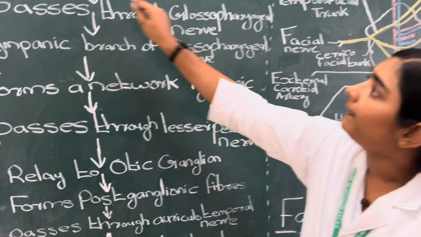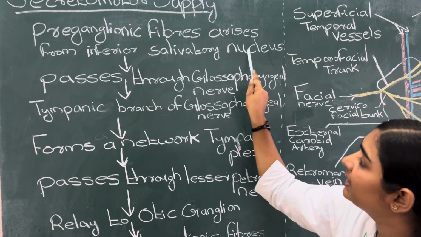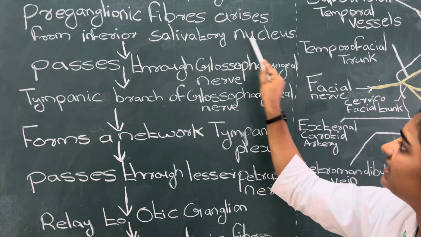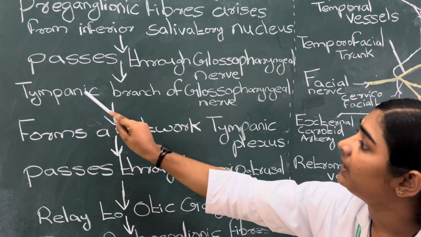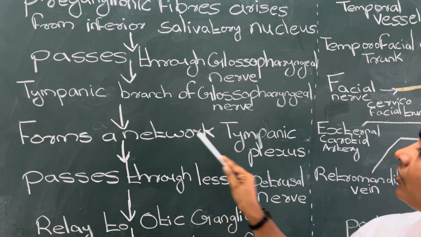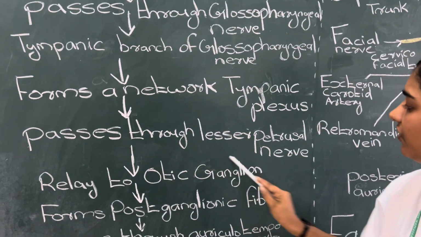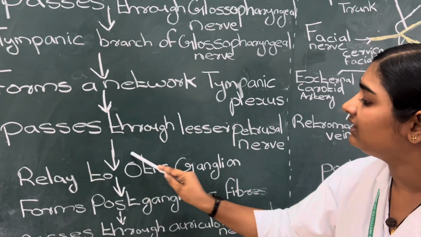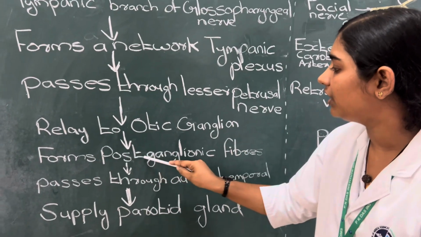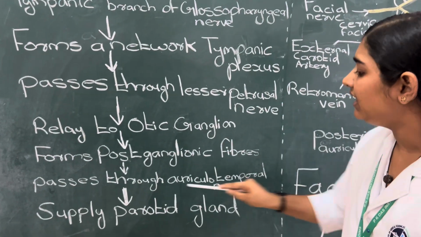Again repeating, the preganglionic fibers arise from the inferior salivatory nucleus. They pass through the 9th cranial nerve, that is the glossopharyngeal nerve, and through the tympanic branch of the glossopharyngeal nerve, and form a network called the tympanic plexus. They pass through the lesser petrosal nerve and relate to the important ganglion, the otic ganglion. From this otic ganglion, the postganglionic fibers arise and pass through the auriculotemporal nerve and